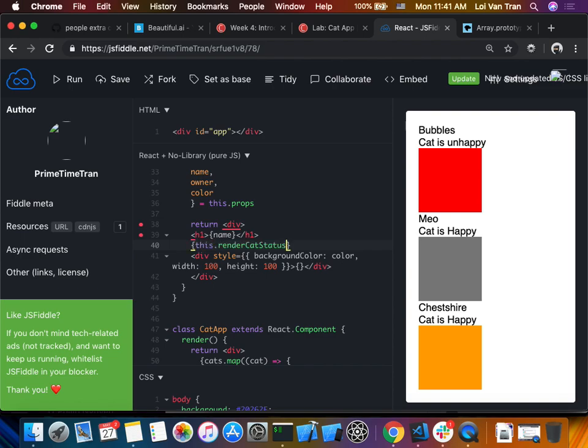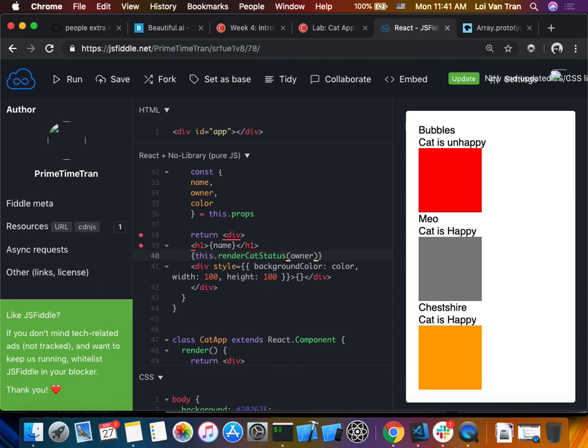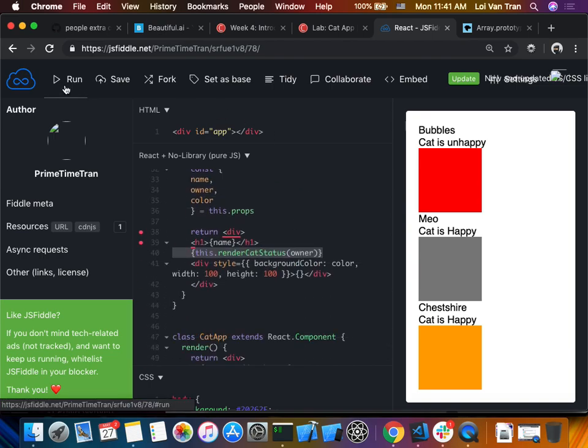We'll say this dot the name of the function. We'll call it, and then we'll pass it the argument. Okay. So I don't think I named this right. Yeah, so I spelled this wrong. So we call this function, and this function will do something, okay? So now if we run it, we can see that this behavior worked exactly the same. It says unhappy cat,